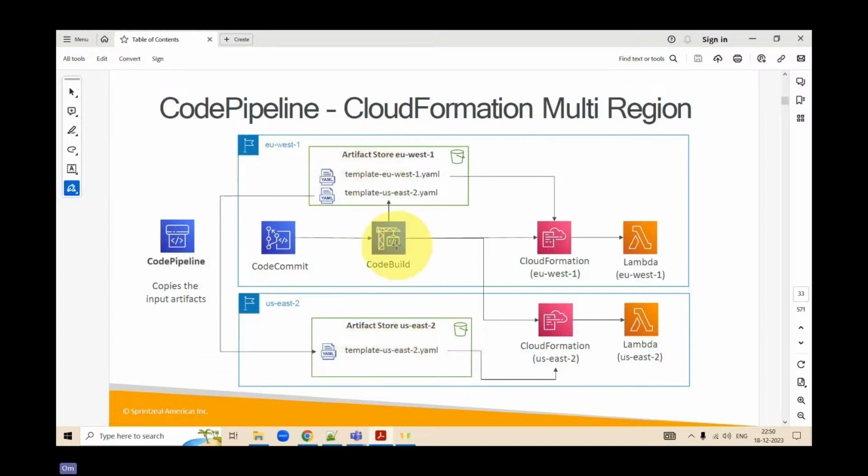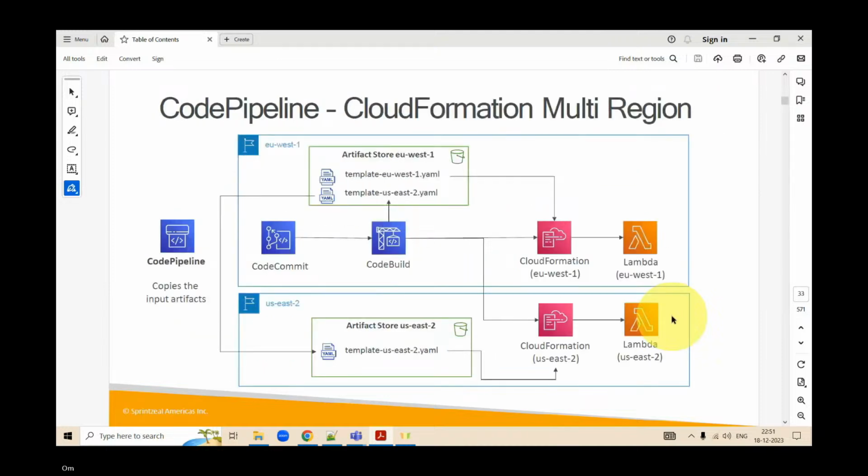If you want to deploy using your first S3 bucket, then using CloudFormation you would deploy it in US East 1, and then you would trigger a Lambda. However, if you want to deploy from the second, then you use CloudFormation and deploy using another Lambda function. Clear?